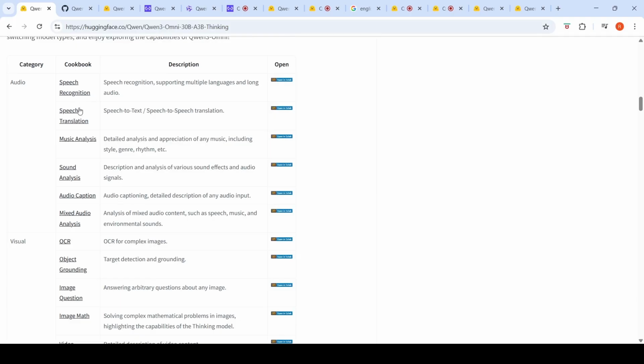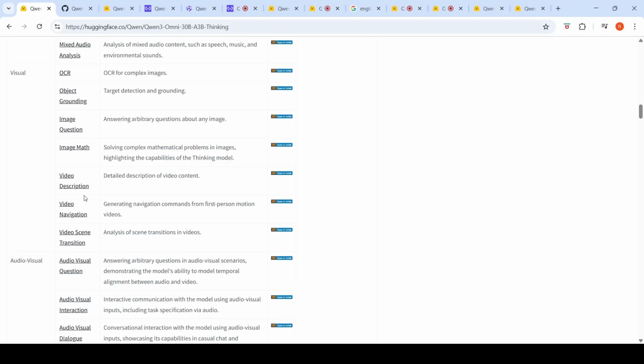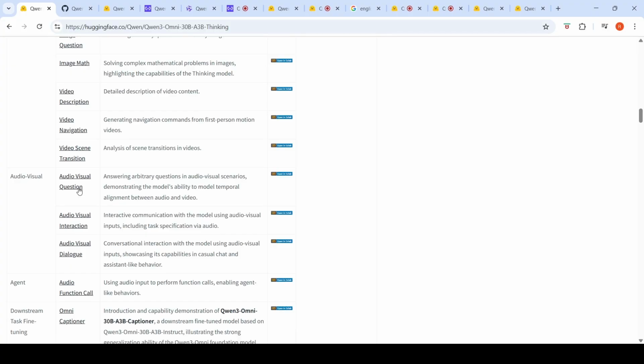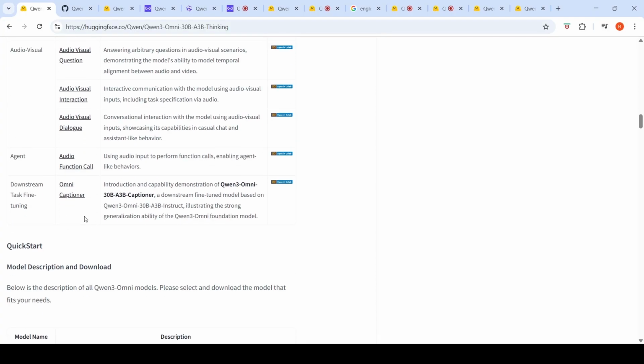So in audio, you can do speech recognition, speech translation, music analysis, sound analysis, audio caption, mixed audio analysis. In images or visual, you can do OCR, object grounding, image question, image math, video description, video navigation, video scene transition. In audio visual space, you can do audio visual question answering, audio visual interaction, audio visual dialogue, and you can also have an agent which can use audio input to perform function calls, enabling agent like